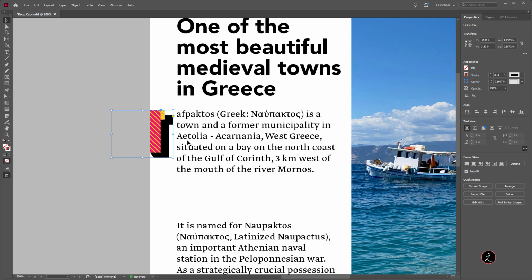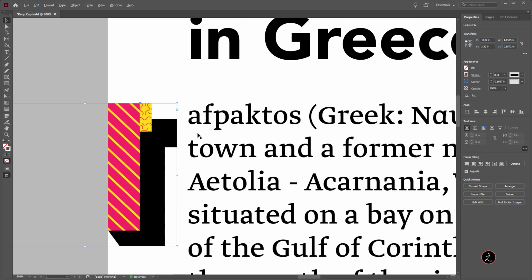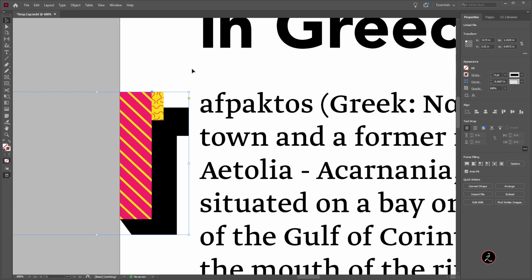There we go. And the next step, let me zoom in a bit, is to anchor this drop cap to the paragraph. You see this little blue box here? When I hover over, we get this message: Shift drag to make inline object or Alt drag to open the dialog box. In this case, we're going to hold on the Shift key. Again, we're going to click on this blue box, and when I click and drag, here is the anchor indication.